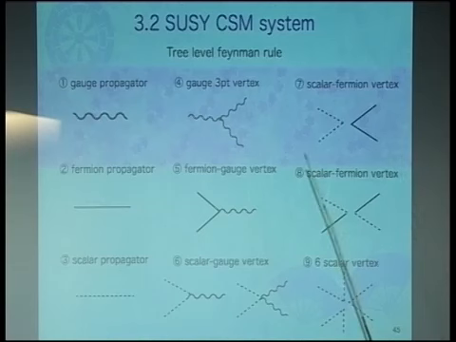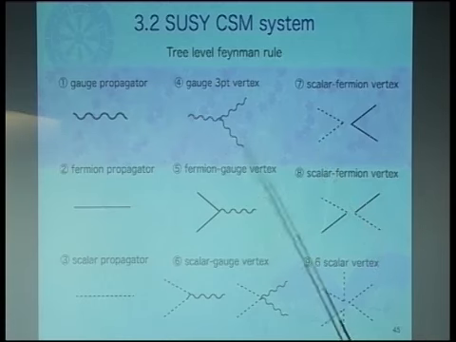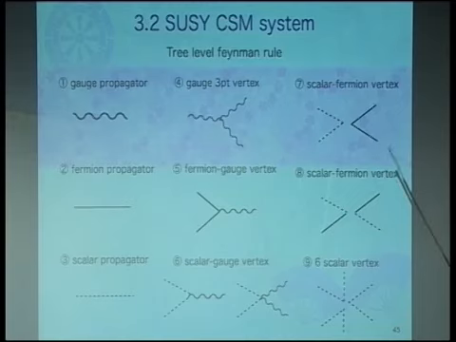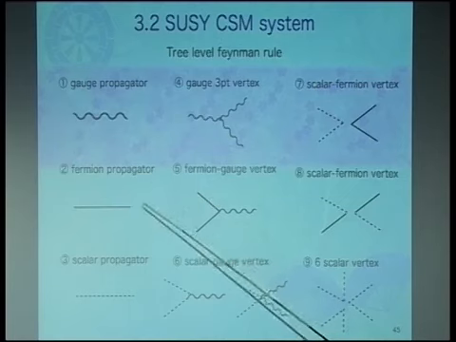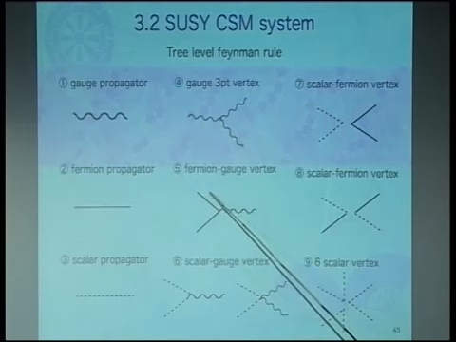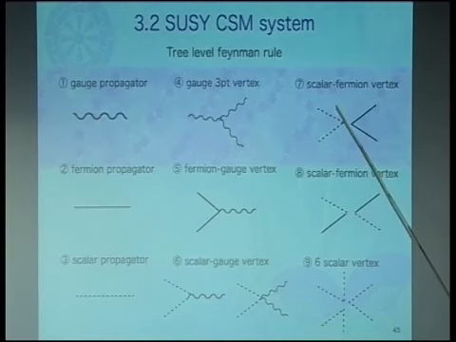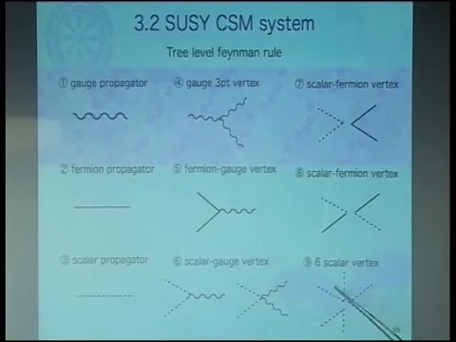And here I draw all the terms in this Feynman rule, which you can read off from the action on the previous page. 10 terms: 1 AA psi psi phi phi, AAA, psi bar A psi, phi bar A phi, phi bar AA phi, phi bar phi psi bar psi, phi bar psi psi bar phi, phi bar phi phi bar phi phi bar phi.